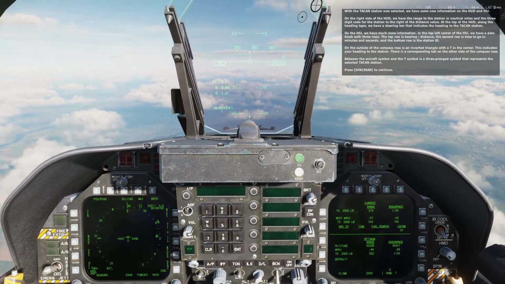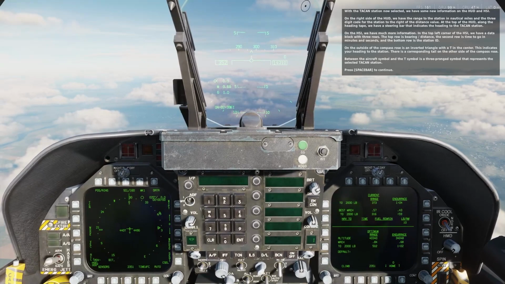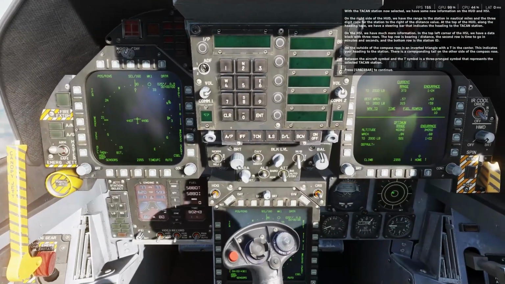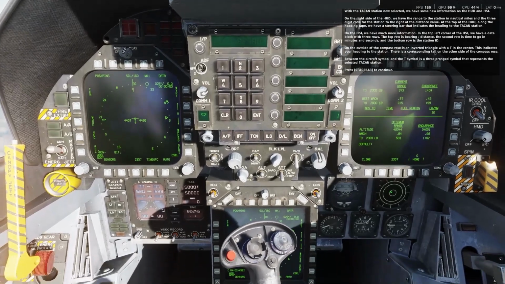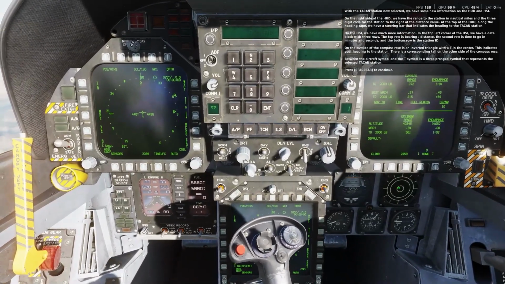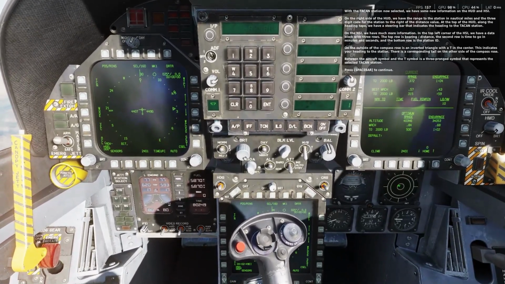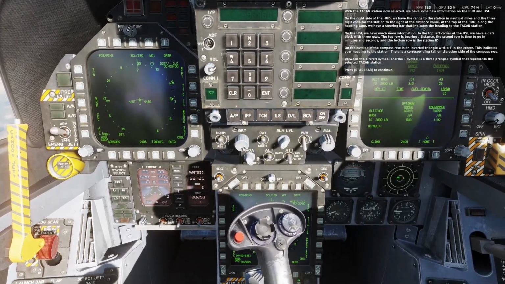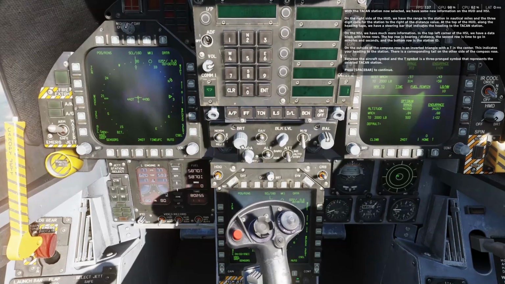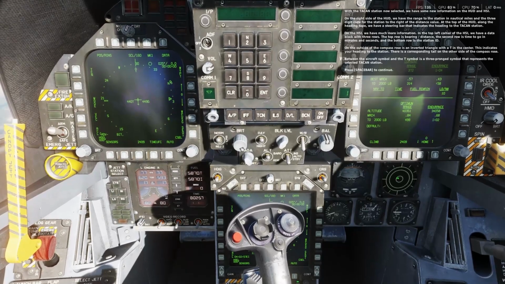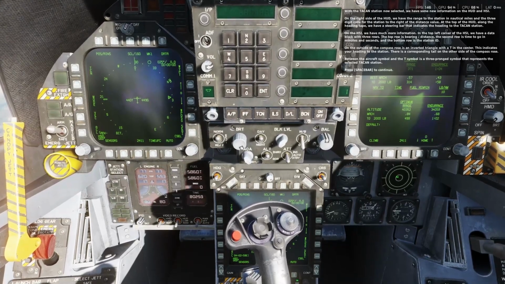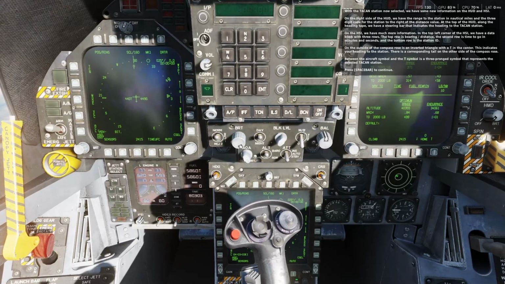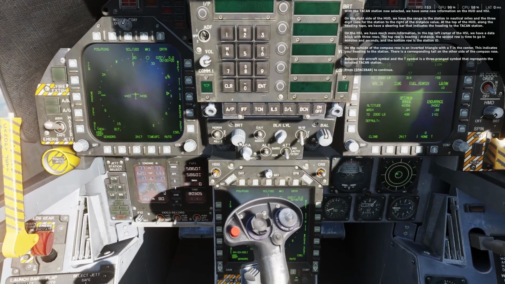In the top left corner of the HSI, we have a data block with 3 rows. The top row is bearing, distance, the second row is time to go in minutes and seconds, and the bottom row is the station ID. On the outside of the compass rose is an inverted triangle with a T in the center. This indicates your heading to the station. There is a corresponding tail on the other side of the compass rose. Between the aircraft symbol and the T symbol is a 3-pronged symbol that